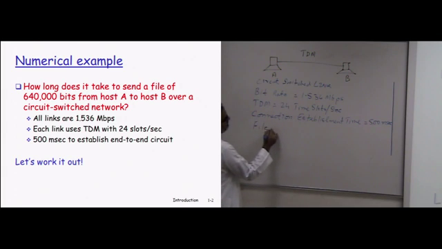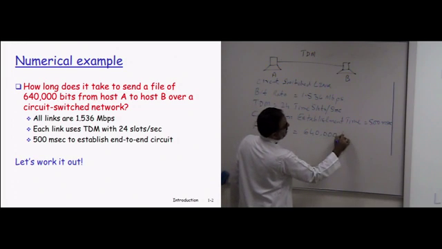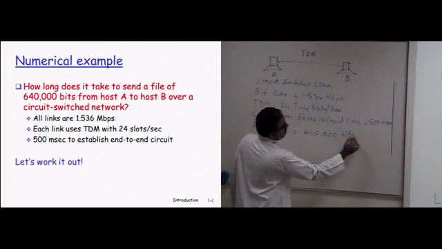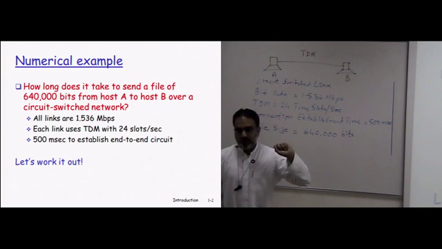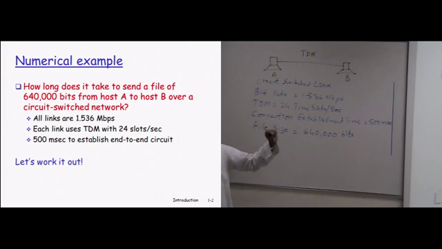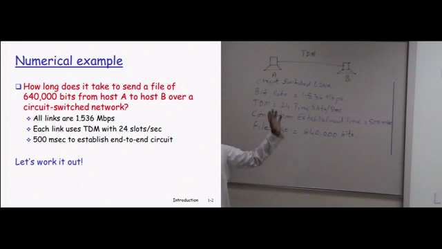The file size is 640,000 bits. How long will it take to send a file of this size on a TDM link having a 1.536 megabits per second data rate? How long will it take to transmit a file from host A to host B? Okay, so first you have to